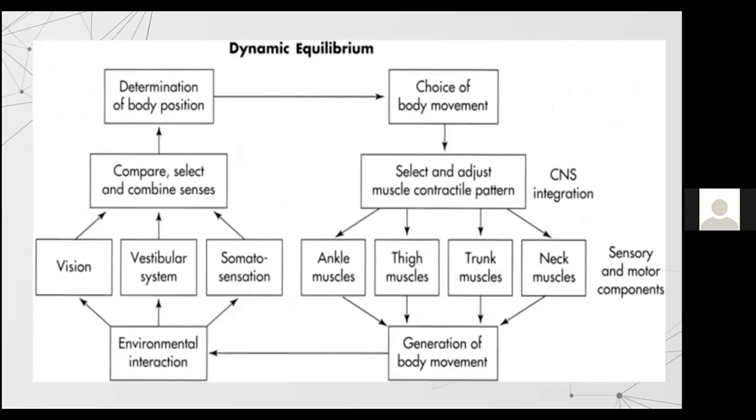So now we will talk about the dynamic equilibrium. So take an example that right now you are sitting in the bedroom and somebody gives a knock on the door. So what you will do, you will get up, you will open the bedroom door, then you will go through the table, the chairs, and then you will open the front door. So what is happening inside the brain? The moment you think of a knock or you hear a knock, the brain starts working.